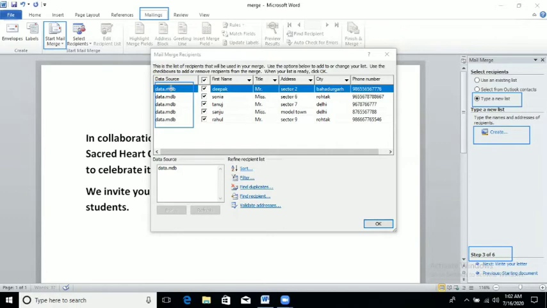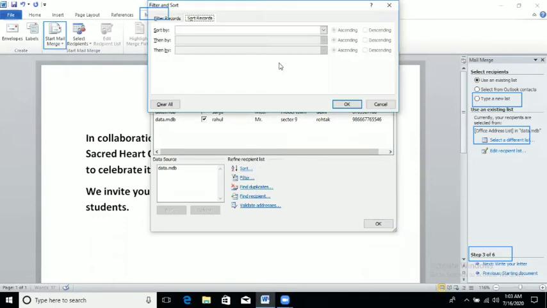It is the extension of our data source, our database. Clear? So you can see we have entered the five records. If you want to sort, arrange it, you can go to the Sort option and arrange it. Sort by. How can you sort it? Just use the option.